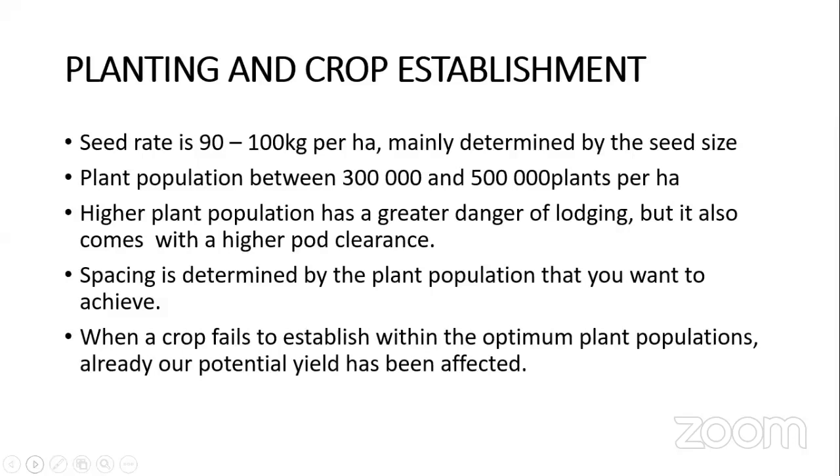Let me try to explain how pod clearance will actually result from a higher plant population. So when you have a higher plant population, the stems will actually grow thinner. And after growing thinner, it will actually grow taller. So the moment it grows taller, it then means that the pod clearance becomes higher. That is the distance from the ground to the last pod. So it will mean that even when you are going to come in with your combine harvester, you come in